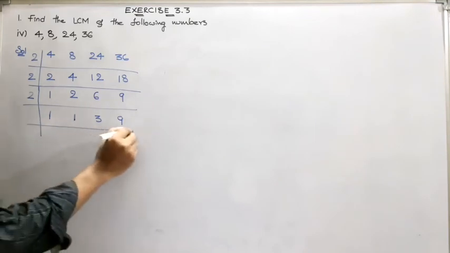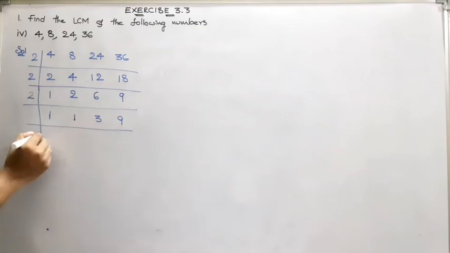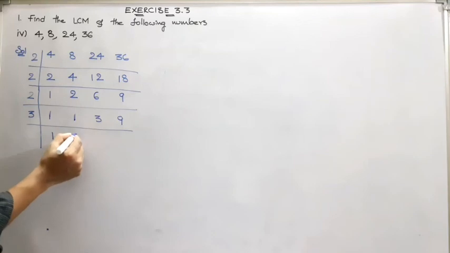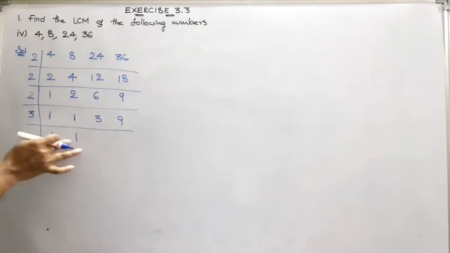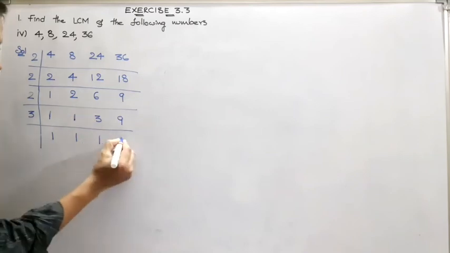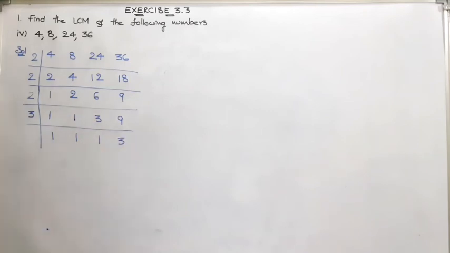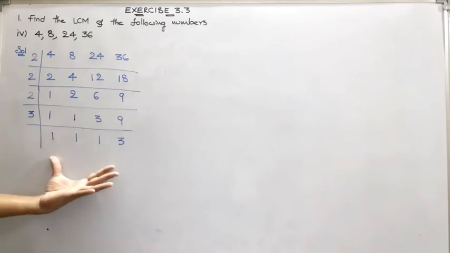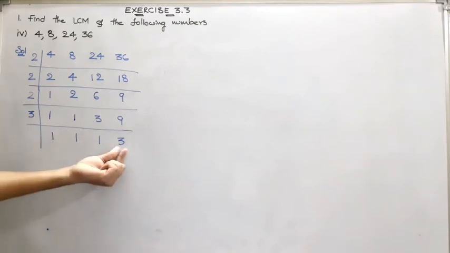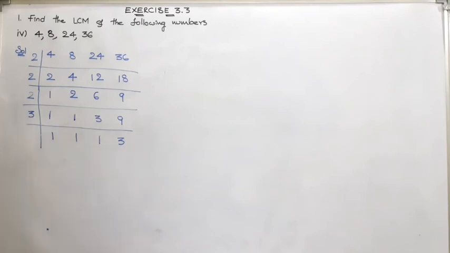Now we can cancel 3 and 9 in 3 table. So look, 3, drop this one as it is, 1 as it is. Now 3 ones are 3, and 3 threes are 9. We have to stop the process here because we just have only one number that is to be cancelled. Whereas here we have 3, here we have 2, here we have 1. So we can stop the process here.